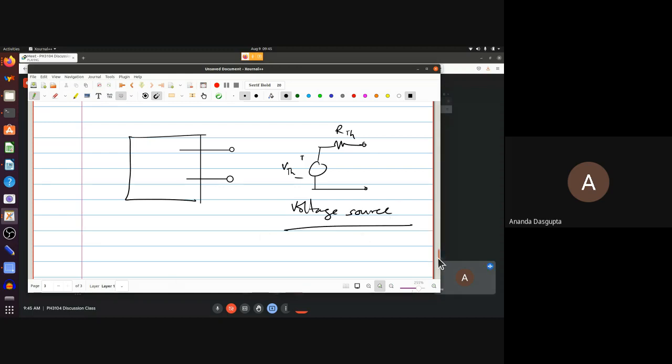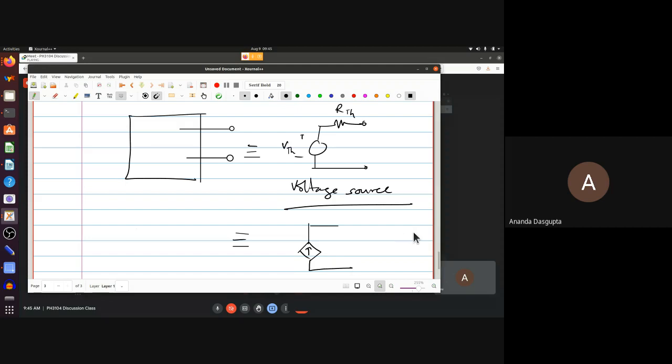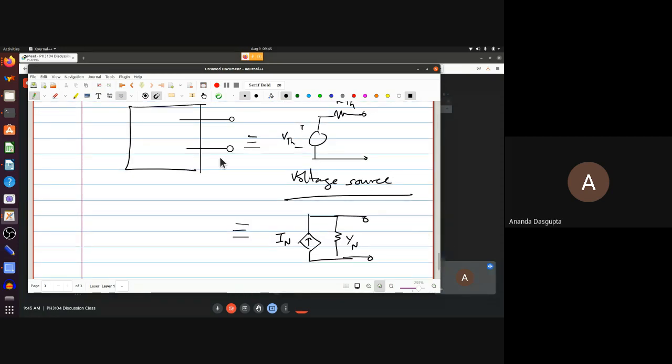Okay? Or, well, equivalently, there's Norton's theorem, which is also very much there, says that everything is equivalent to the current source, which you call the Norton current, and in parallel with an admittance called the Norton impedance. And these two are equivalent circuits for whatever is in the black box. Both are equally good equivalent circuits.